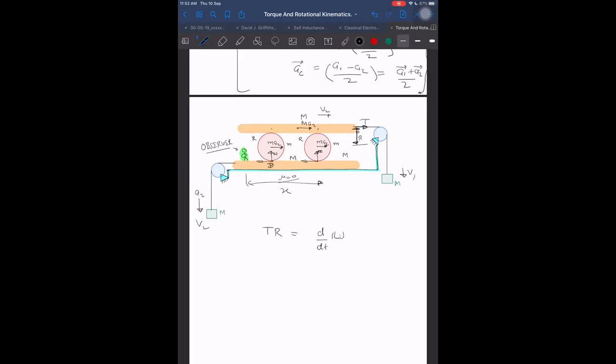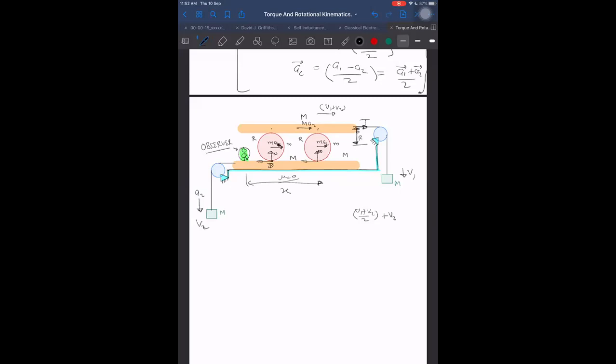This particle has, let us say, v2 velocity. This center has velocity, sorry, it is a2 only. Sorry, the velocity is not v2 here. Velocity should be taken with respect to this observer. With respect to this observer, if it has velocity v2 downwards and it has v1, then it will become v1 plus v2 relative to this observer. The actual velocity of the center is (v1 plus v2) by 2, but the velocity of the center will now become (v1 plus v2) by 2 plus v2, again because of relative motion.